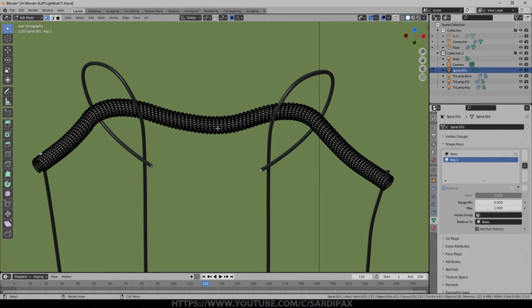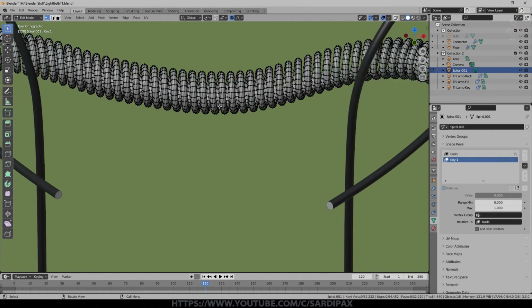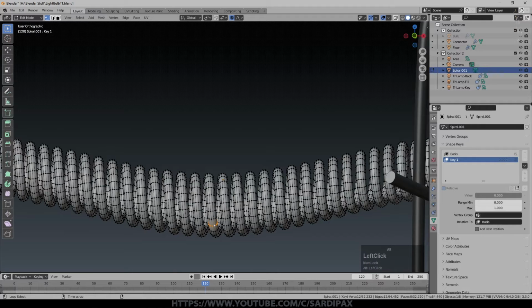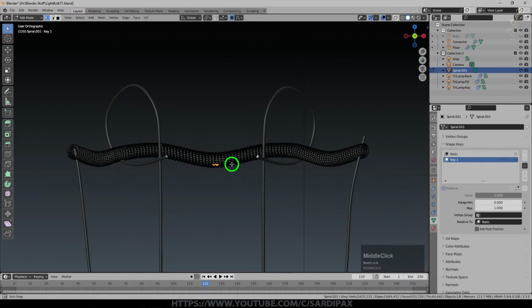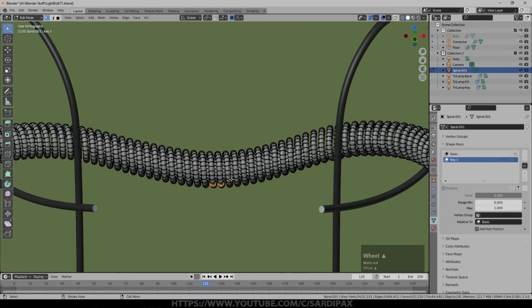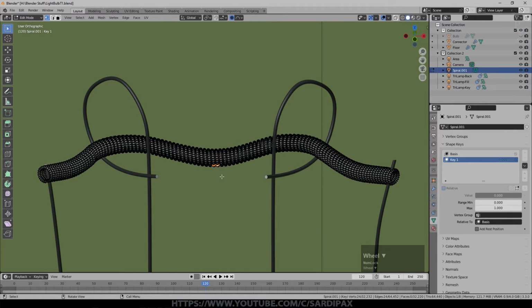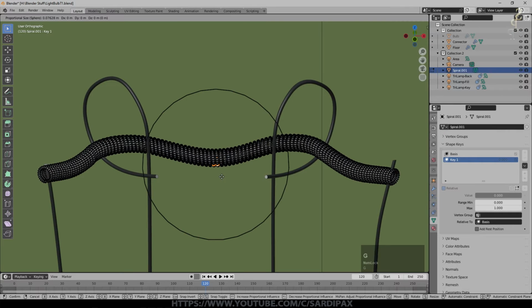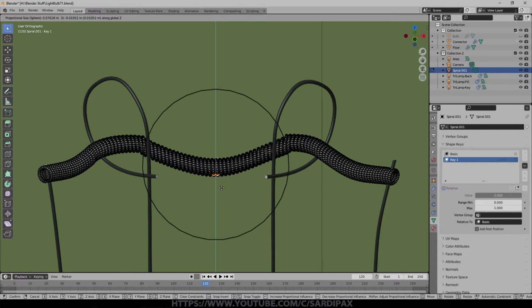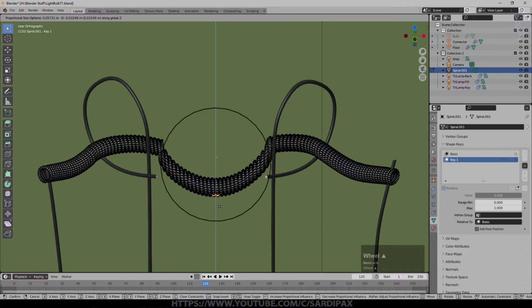I'm going to make it break somewhere in the middle. It doesn't have to. So I've got into edit mode, make sure no vertices are selected yet. And I'm just going to select a couple of rings of vertices somewhere around the middle. Doesn't matter if it's not that precise. And I'm going to turn on, if I didn't already have it, proportional editing here. We'll try sphere at the moment. We'll see what that looks like. So I'm now going to just press G and Z initially and just drag it down.